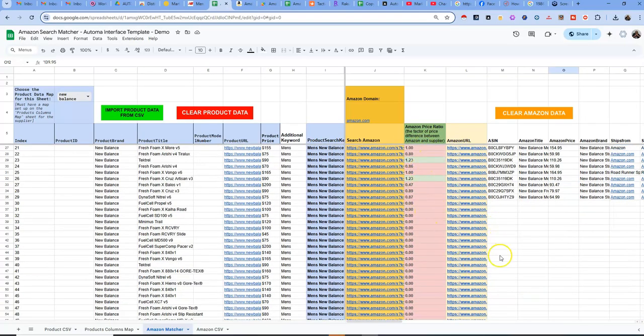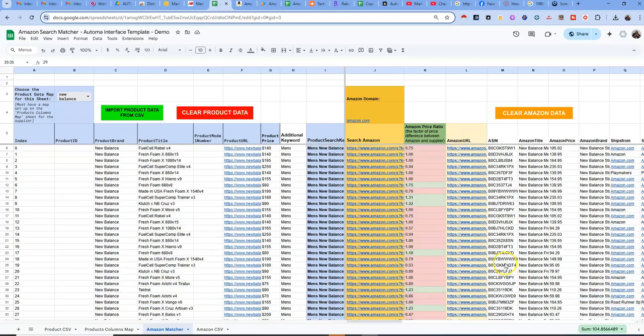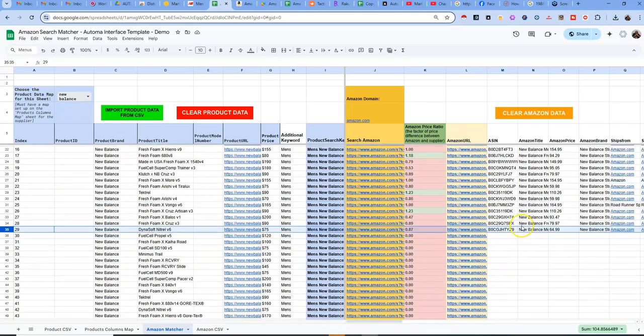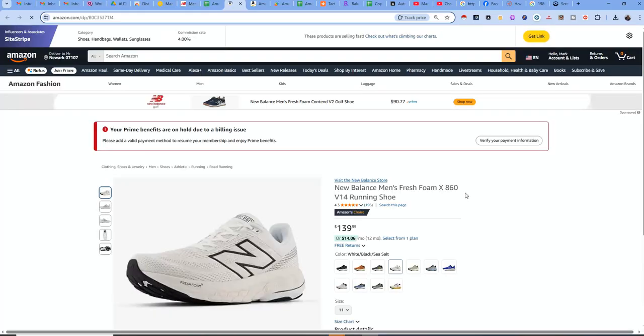of product results that are going to be here potentially. Right now I only have about 35 here, 30 from index 0 to 29, which is 30. But if I have a lot of products, I need a way to narrow or focus on certain products. So now what I'm going to do is go ahead and open this product on Amazon, and I see that